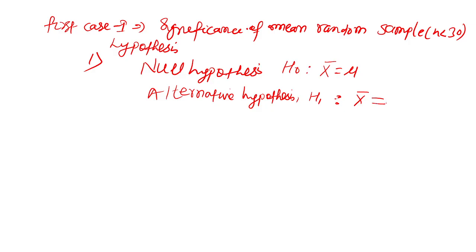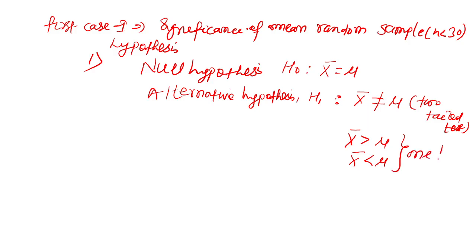X bar is not equal to mu; this will become a two-tail test. Then x bar either greater than mu or less than mu; this will become a one-tail test. Is it? Then the second step will be the test